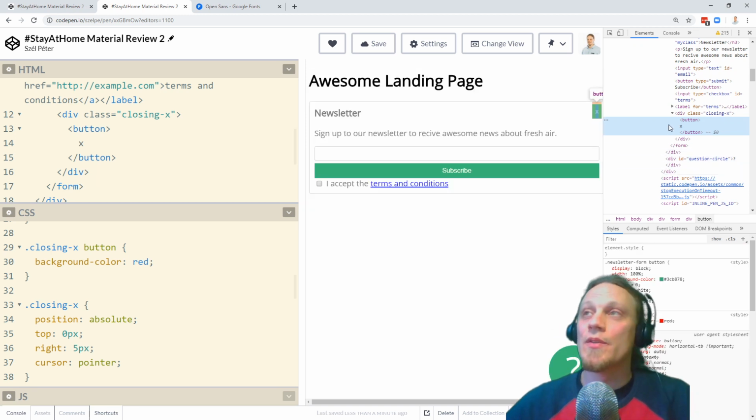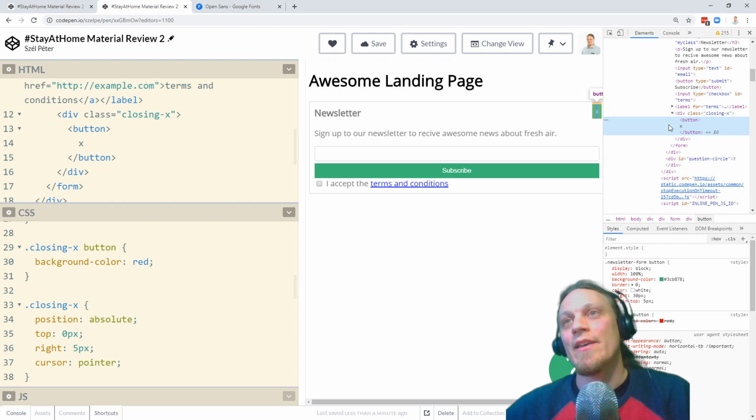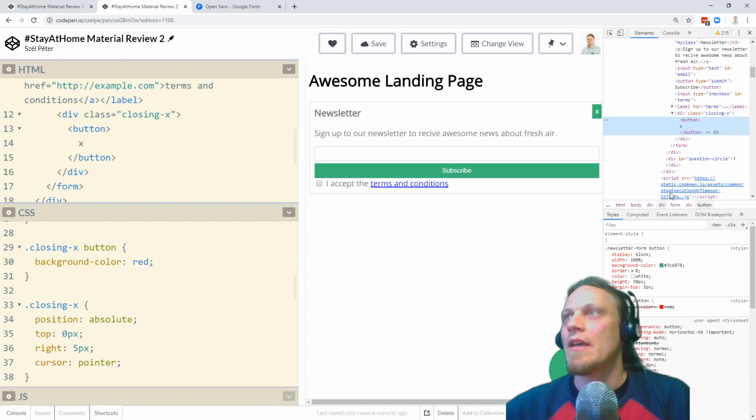The Chrome developer tool is basically your best friend as a developer, because it will show you the HTML of the page, and you can select part of the HTML,